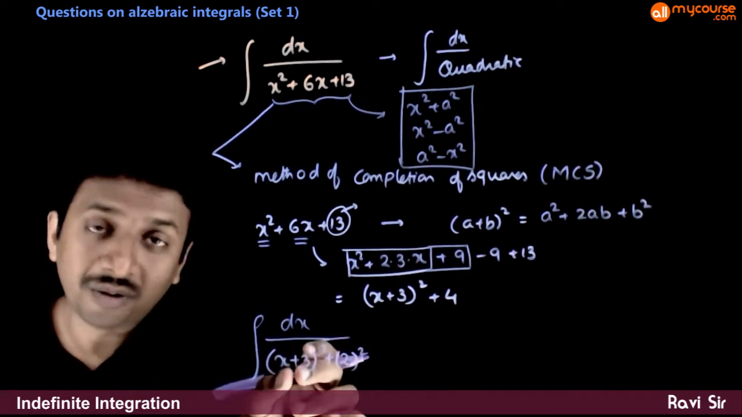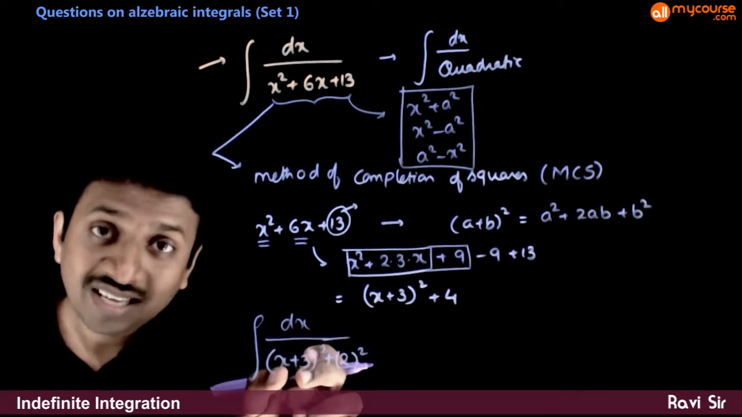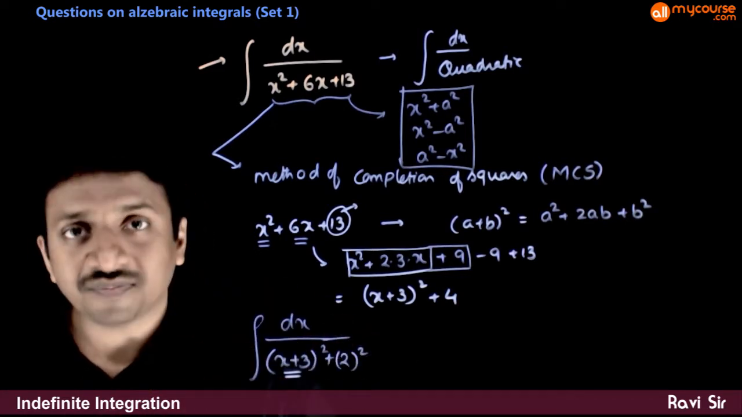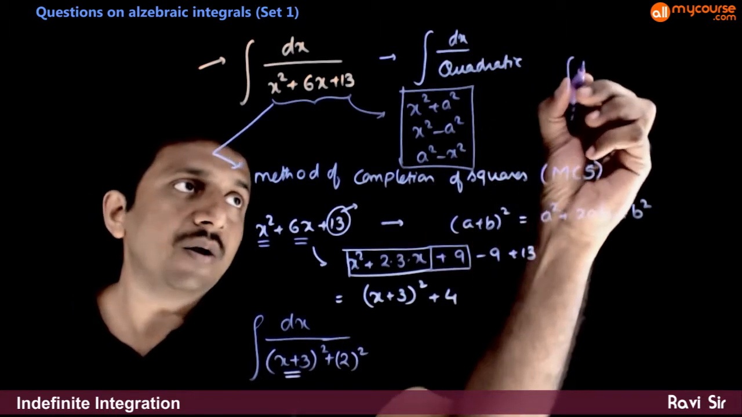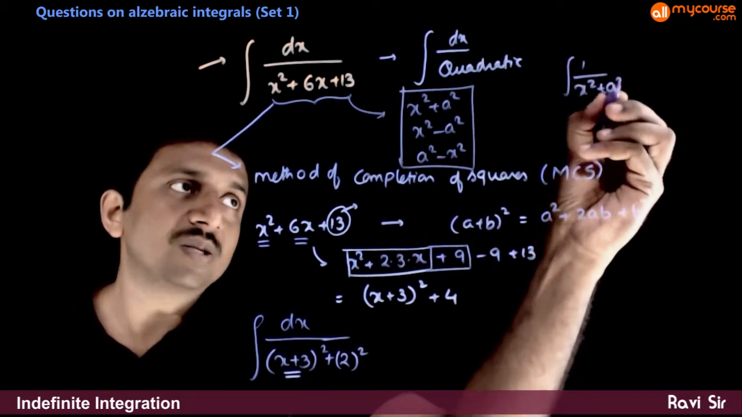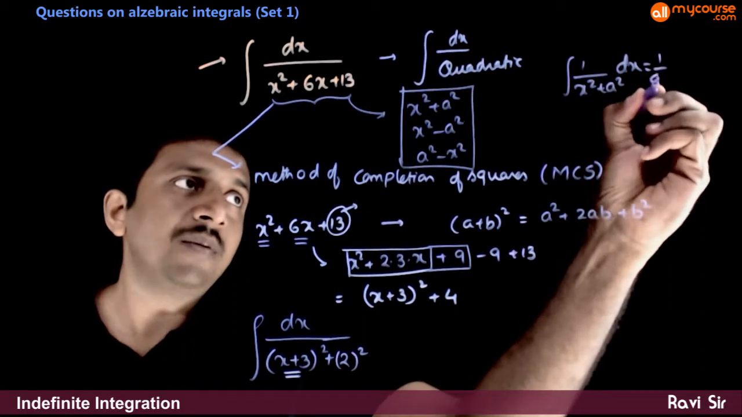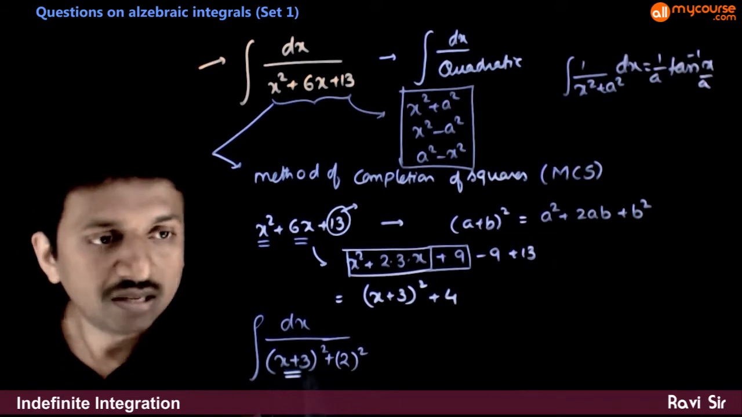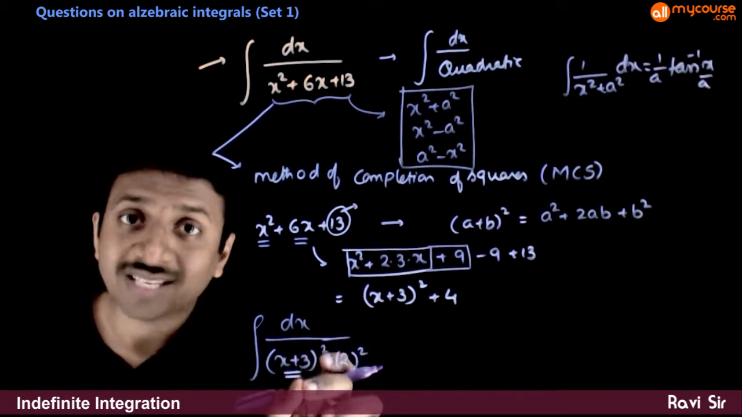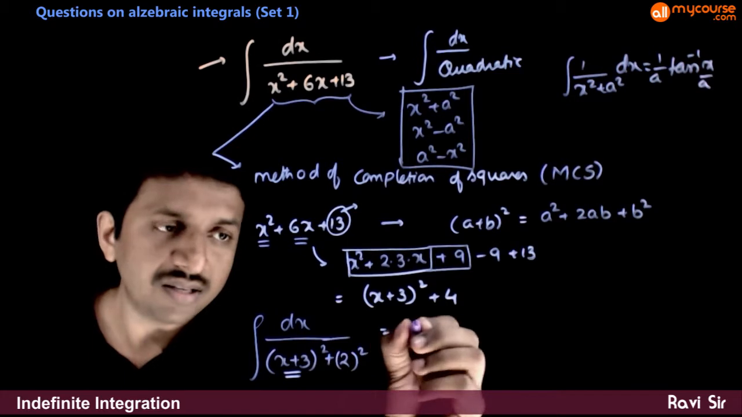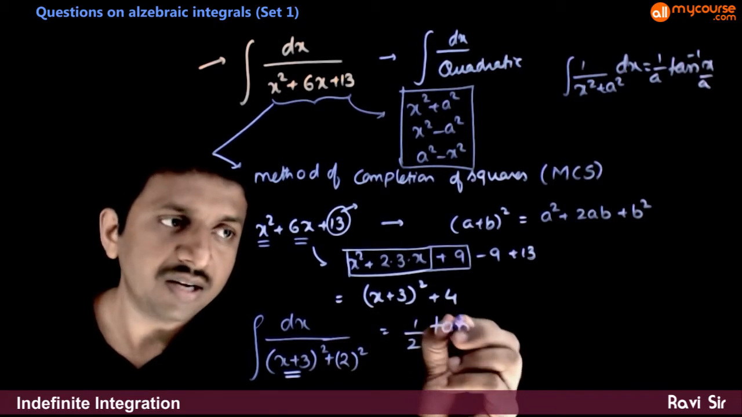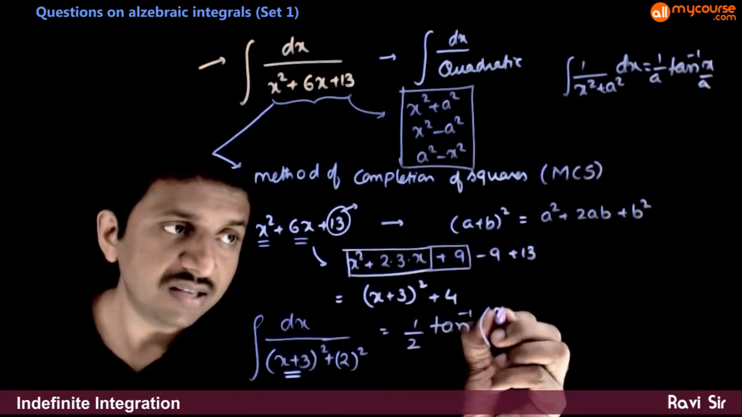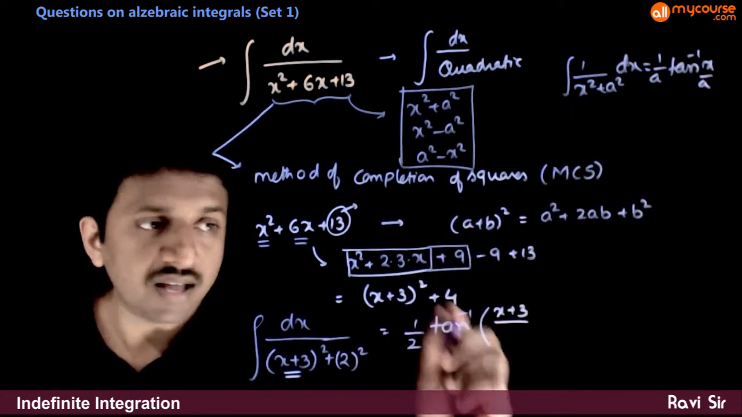Now this is of the form dx by x square plus a square, where x is replaced by x plus 3. So we know that integration of 1 by x square plus a square dx is equal to 1 by a tan inverse of x by a. So the integration of dx by x plus 3 whole square plus 2 square is equal to 1 by 2 tan inverse of, in the place of x you have x plus 3, so x plus 3 by a, which is 2,